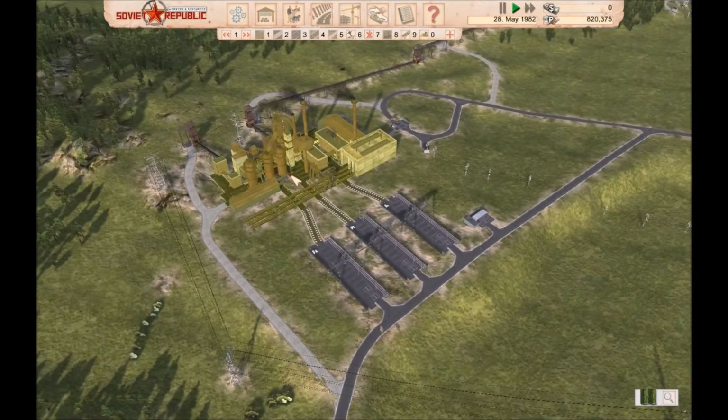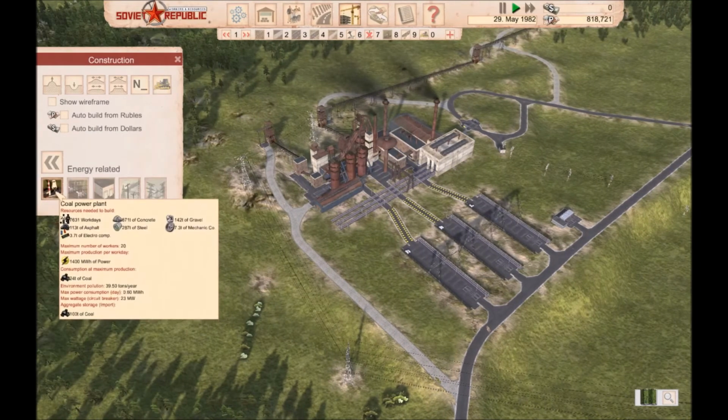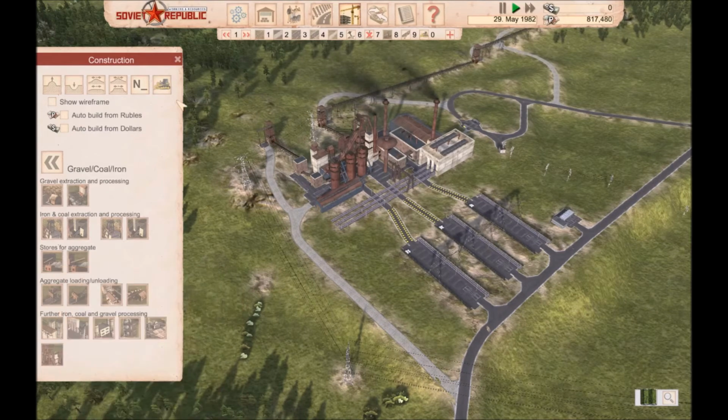Obviously we're buying in iron, but I think it's 200 tons of iron for 40 tons of steel, is it? Yeah, 375 ton of coal. We've got the coal, 200 ton of iron, and the power. Obviously we're not paying for the power because we're producing it. So for 40 ton of steel,